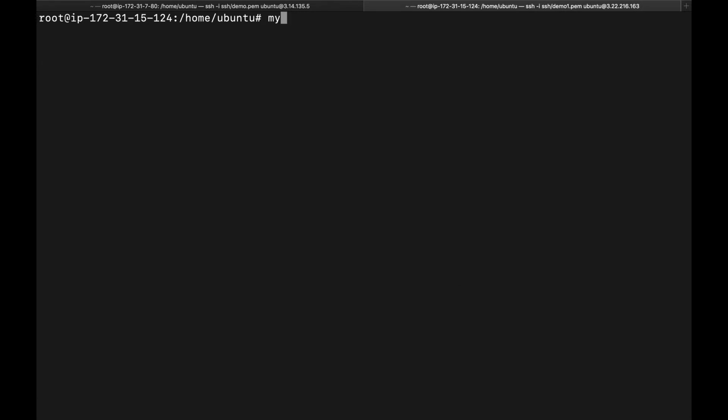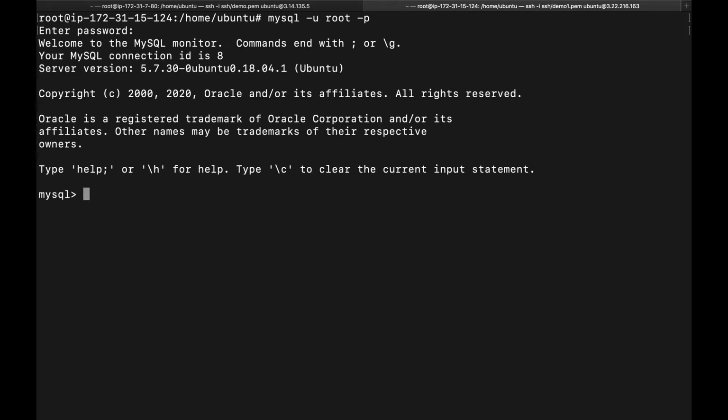Yes, so now this is the MySQL slave server. So let's connect to your MySQL first. The same procedure, mysql -u root. Yes, it's connected now. So let's create the database. We don't have a database. If you have an existing one, then you just import here. For demo purposes, I am creating the database and then inserting the same data.